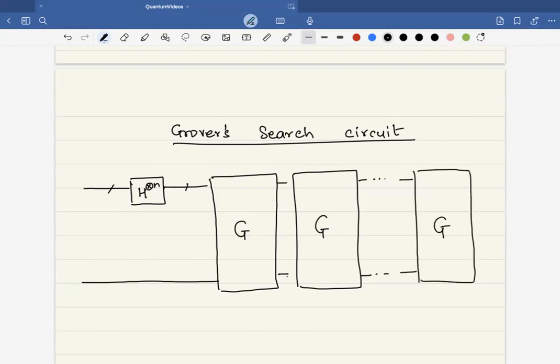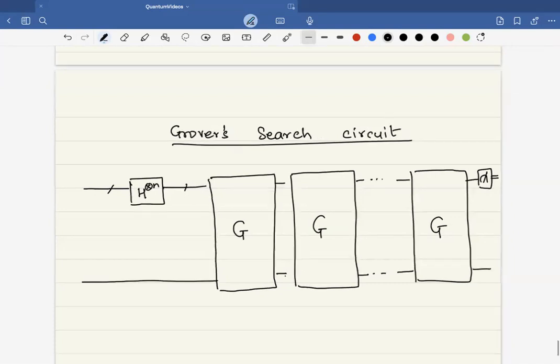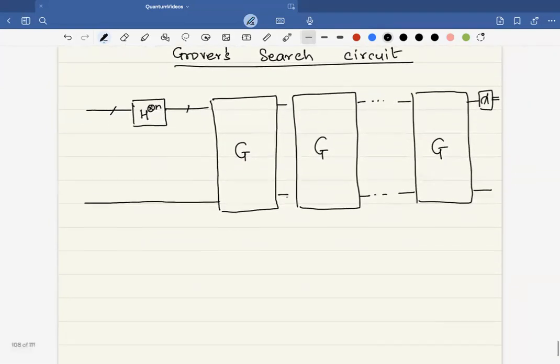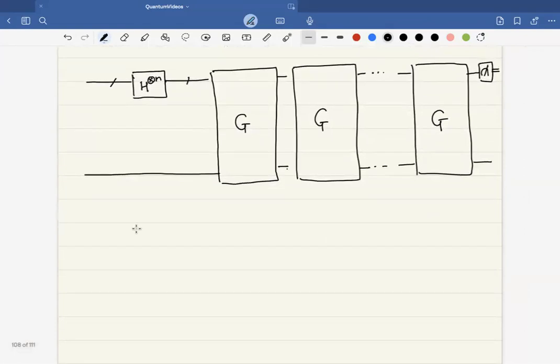And then finally, we have a measurement at the end, and we get our answer of the marked elements. Right? We have gone into a little bit about the Grover operator. So the Grover operator, as you know, is a combination of two things. So G is U of F followed by R psi. Right? And if you look at the picture,